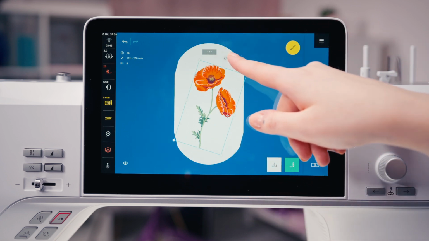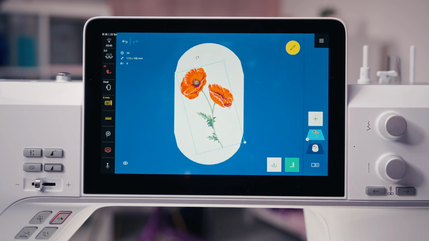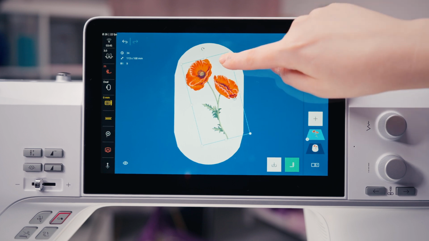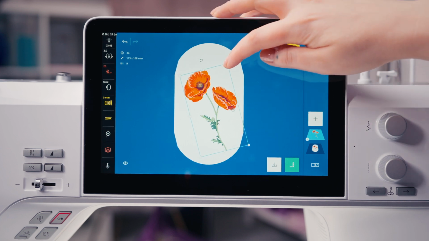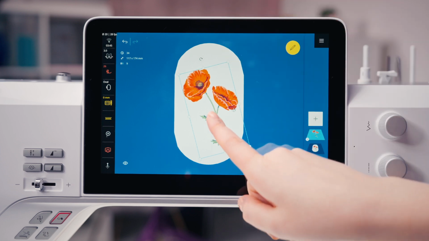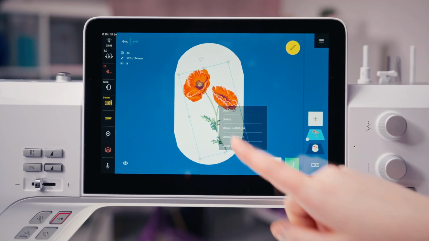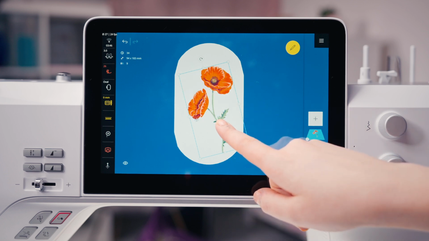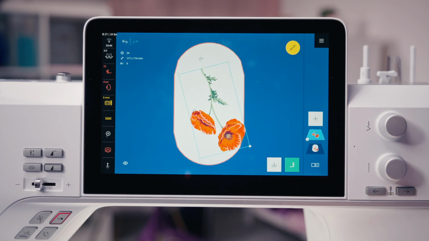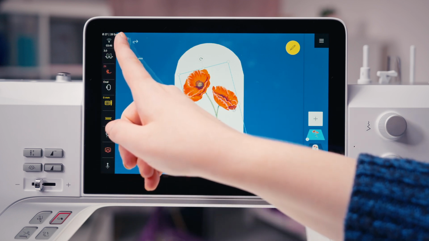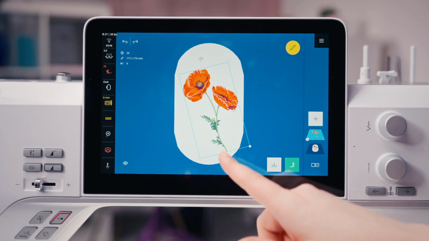Gestures are very useful in embroidery. Tap and drag is useful to rotate and also to move the design in the hoop. This is different to tapping on the corners to enlarge. Tap and hold on the design to open the context menu. This gives you quick access to functions such as lock and select all. Don't forget undo redo to return to a previous screen.